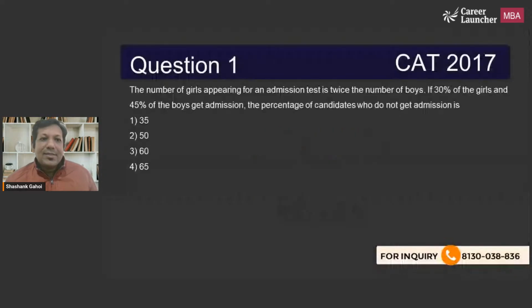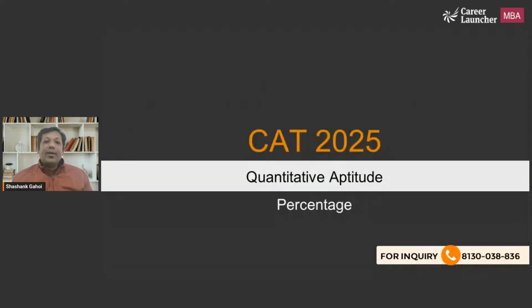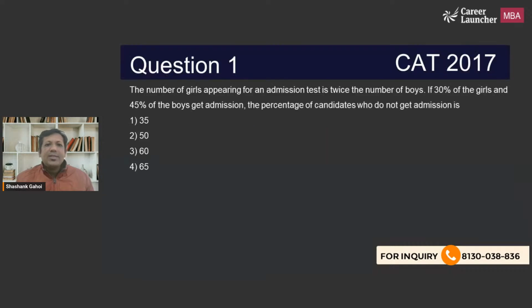Hey guys, so let's start today's session of CAT 25 Quantitative Aptitude. Today we are going to cover the questions of percentage, one of the most important topics for the exam. We are going to take a few questions and see how it goes. So let's start. Let's take the first question of percentage